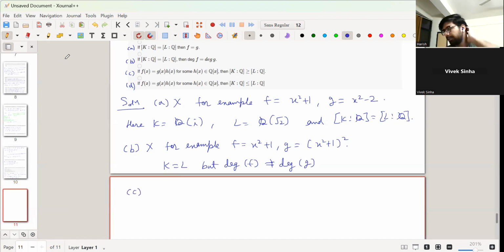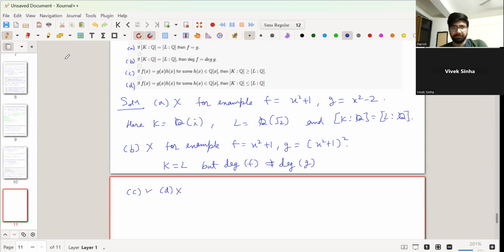The C part, here the C and D we will tackle simultaneously. So C says f(x) is equal to g(x) h(x) for some h(x) in Q[x], then the degree of K over Q is greater than or equal to L over Q, and the D part says that it is less than or equal to L over Q. So C is correct and D is not,